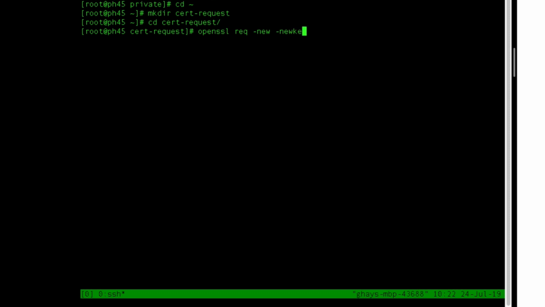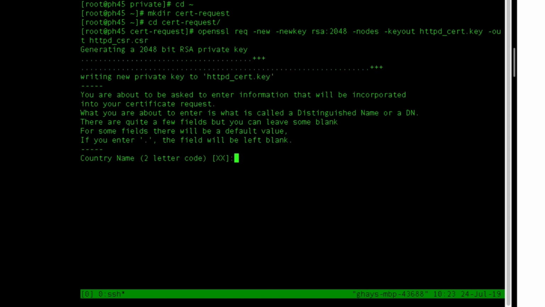I'm going to request a new key, and I want that to be RSA 2048 bits. No des here, which means I don't want to encrypt my key. I want my key out to be written as httpcert.key, and I want my CSR to be, let's call this csr.csr. A little redundant. Now it should start generating, as you can see, it is generating me a new key